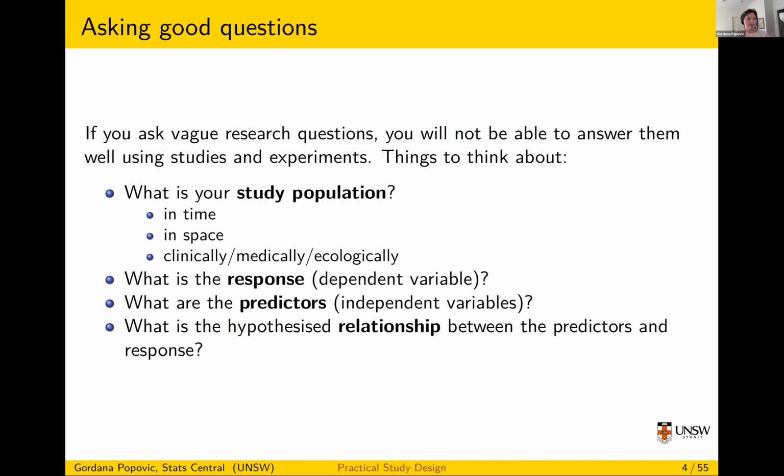If you don't have an idea of which thing that you're measuring you're most interested in, it's impossible to plan a study to do all of it. You can incidentally measure the other things and still might be able to answer questions about them, but just to plan the study, you need to know which things are really important. And then you need to have an idea of what the relationship is between the predictors and the response. Once again, you need a concrete list of these things in order to plan a study.